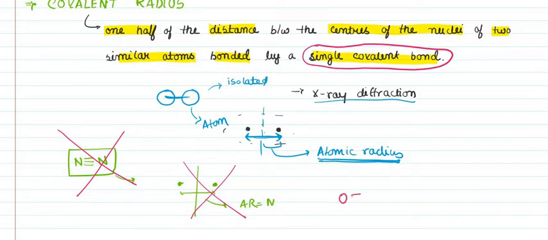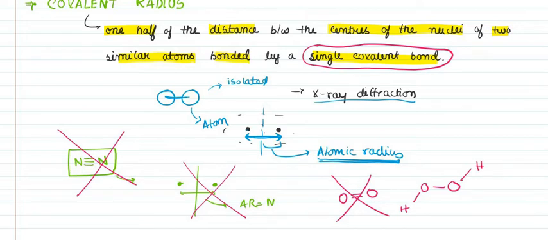Nitrogen, oxygen will not do. These kinds of molecules we cannot assume for taking the atomic radius. Okay, we have to take something which has a single oxygen bond like